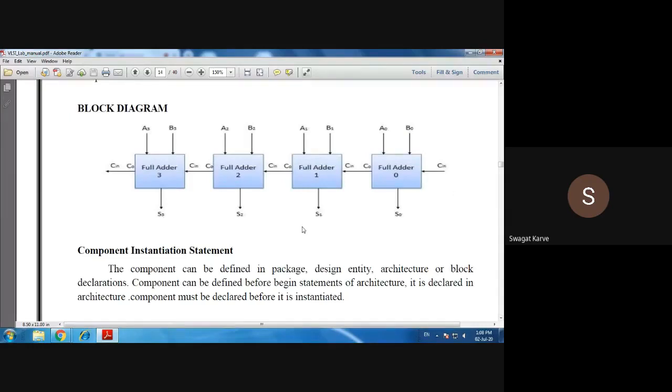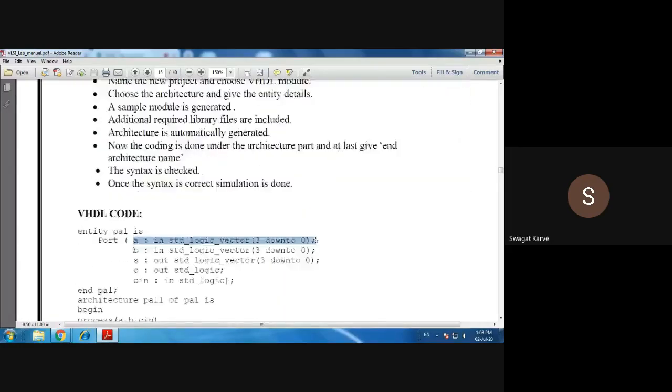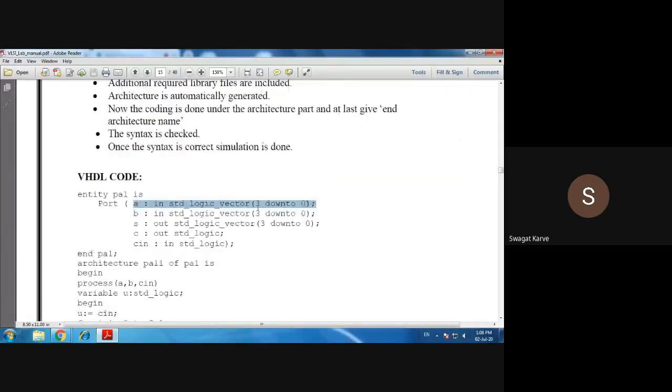S0, S1, S2, S3. Now in this context, see, A is of 3 down to 0, that means 4-bit. B is of 3 down to 0, that means 4-bit, and the output sum is also of 4-bit. And C is the final carry out, and C in is the initial carry in. Clear?